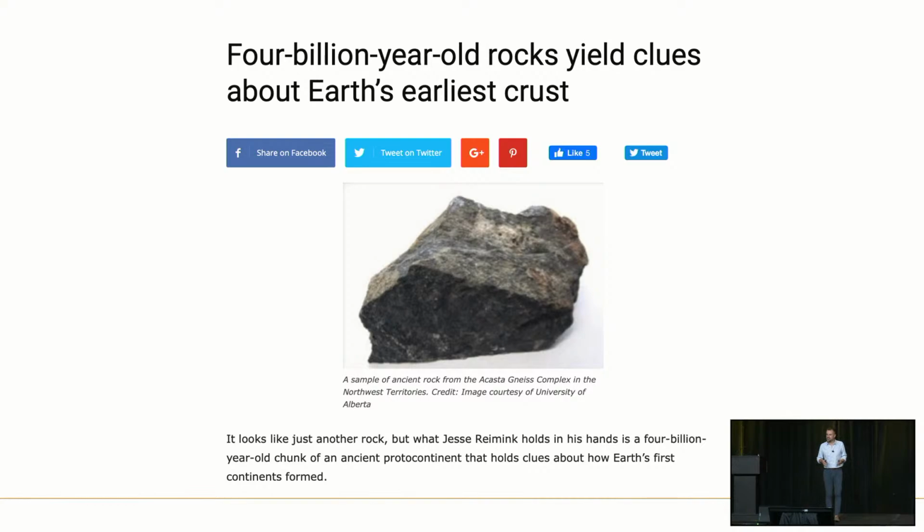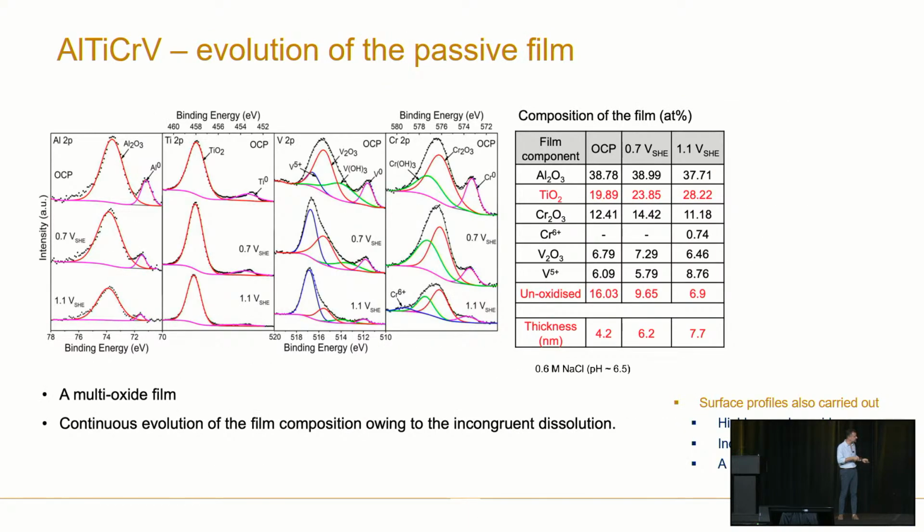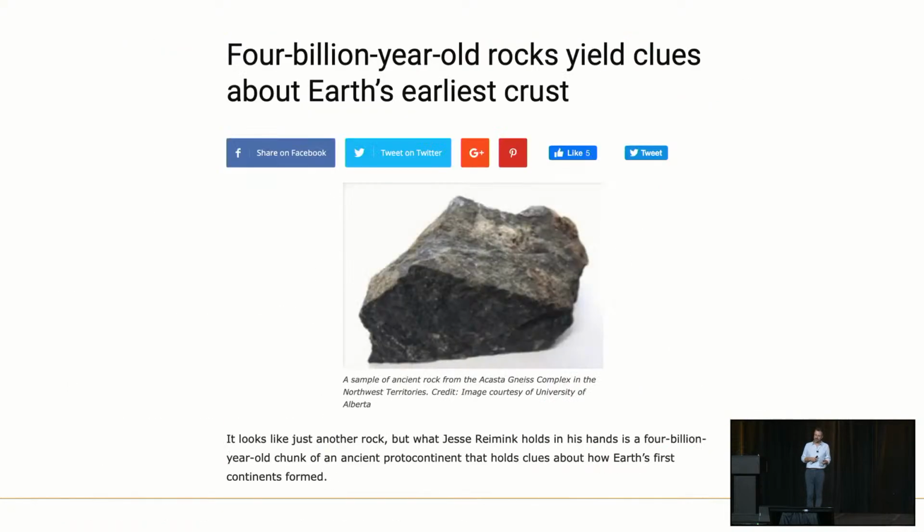you ask yourself the honest question, maybe we should have known about this a lot earlier as engineers and scientists, because there are rocks out there that have been around for billions of years, right? And if you look at those rocks and you do XPS and then you move to the geological community, you can see that these very stable rocks and minerals actually have oxide compositions that are very, very similar in this context. Quite a lot of unoxidized metal and non-stoichiometric oxide films that promote stability. So it turns out that we probably should have known that rocks were the most stable thing anyway, but that's a little bit of a clue there.